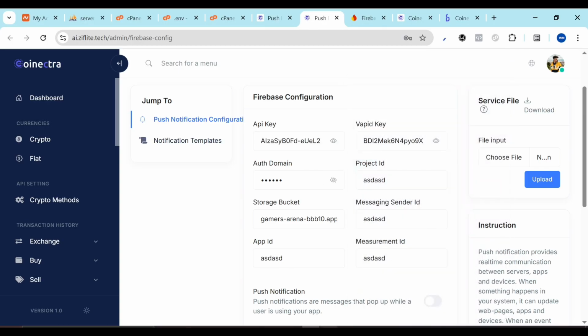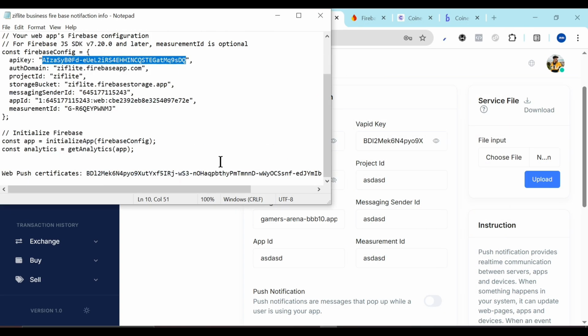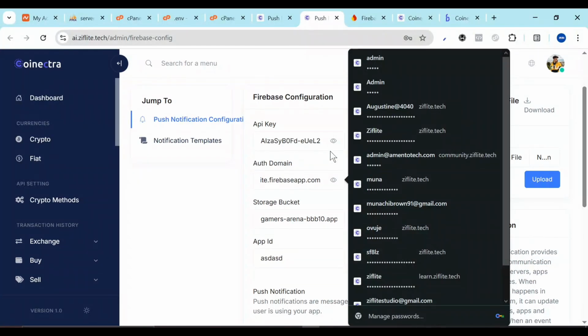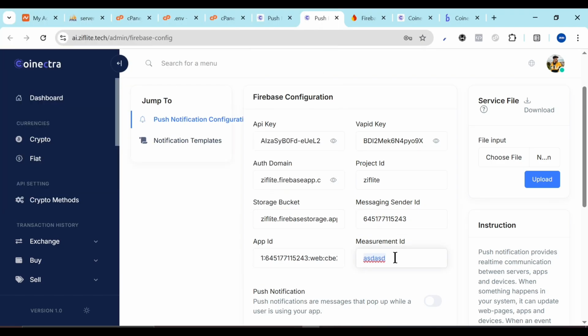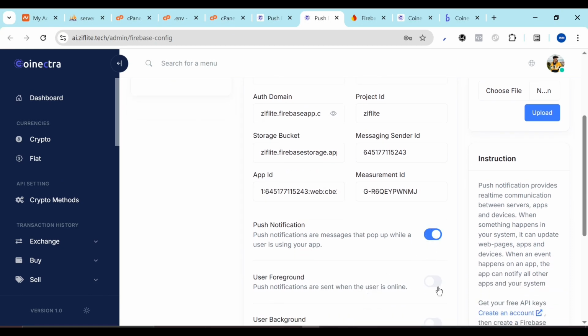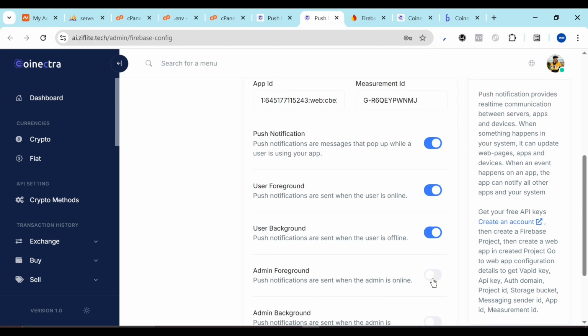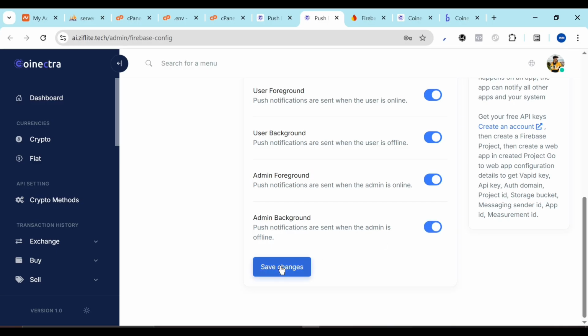The next thing you need is your auth domain, right? So just follow through. I'll try to speed up this process, okay? So just copy this. Then what you want to do is when you're done, turn this on, turn all of this on based on how you want the notification to actually work. Click on save changes,